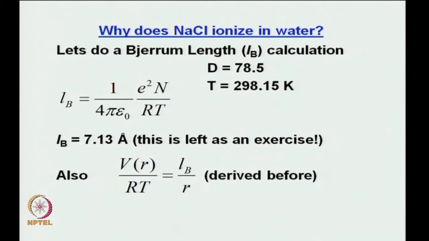Now, this for you is left as an exercise, please do the calculations and see whether you are getting it or not, just to familiarize yourself with how people actually do these calculations and make estimates on the Bjerrum length from given conditions. See, conditions are not that hard to get, right. If you have it in water, you know the dielectric constant, the temperature is always given to you. If you do not know, if you are doing it at room temperature, you know what the temperature is. Nowadays it is very cold, you can take that temperature, so like that. Now, this thing we also developed just before, right, that V(R) over RT is equal to L_B over R, we just derived. Now, what can we use it for?